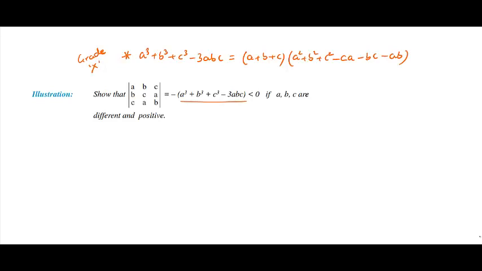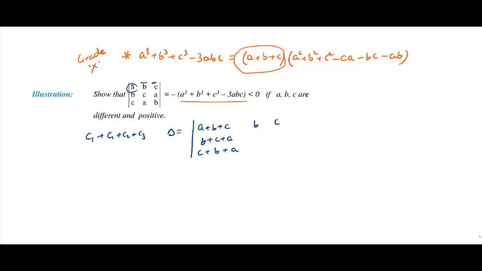Because once you know this formula, then immediately the key idea strikes that we should get a plus b plus c common. If the right hand side is equal to this, then we should get a plus b plus c common. And if I now observe the determinant, making a plus b plus c common is easy, because what you can do is maybe in the first column you can add the remaining 2 columns, second and third columns. So we get the value of the determinant as a plus b plus c, in the first column we are adding second and third columns. Again this is b plus c plus a, and then you have c plus b plus a.